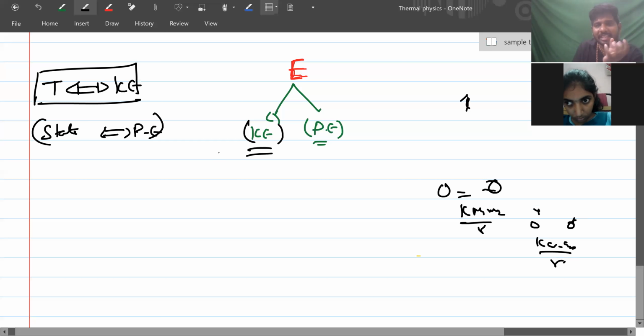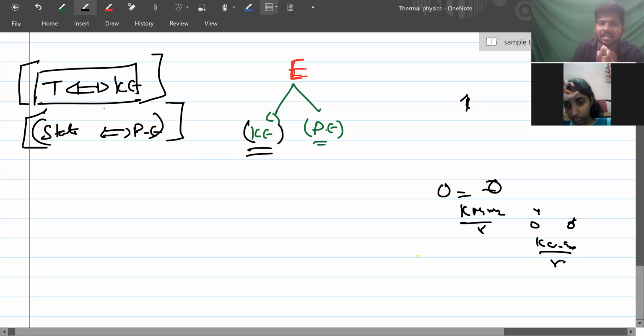In solid state, there will be one kind of packing of the system, in liquid state, one kind of separation between the molecules, and in gaseous state, there is another kind of separation, right? So potential energy is more related to the state of the substance. Kinetic energy is related to the temperature of the substance. If the temperature of the substance is very high, the kinetic energies of molecules will be very high. So if there is a change in kinetic energy, it means there is a change in temperature.